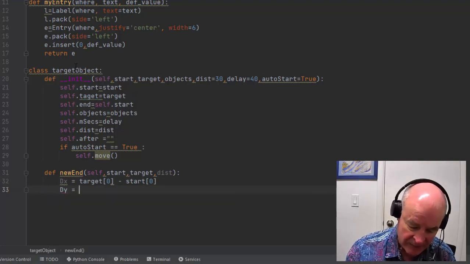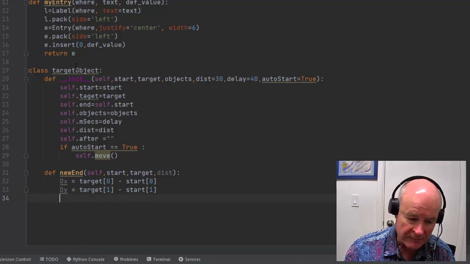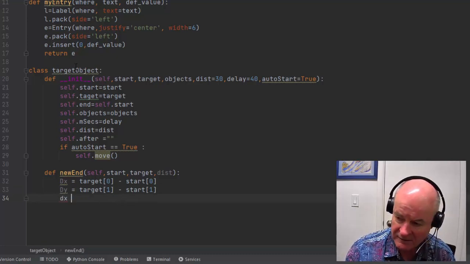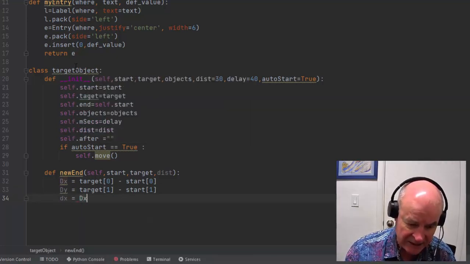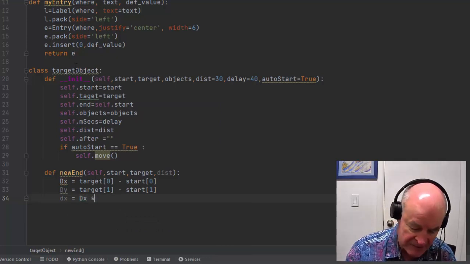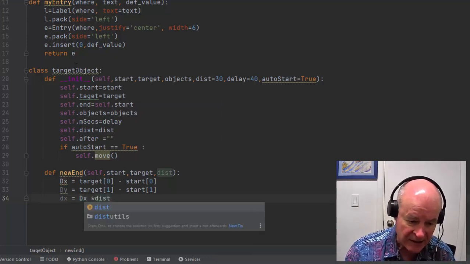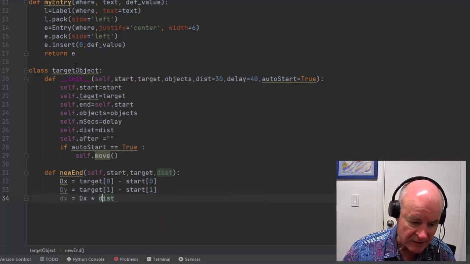Big dy is going to equal target[1], the second coordinate, minus start[1], the second coordinate. And then the little dx is big dx times the distance that's being passed in, times the distance,